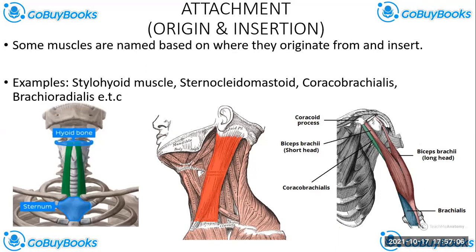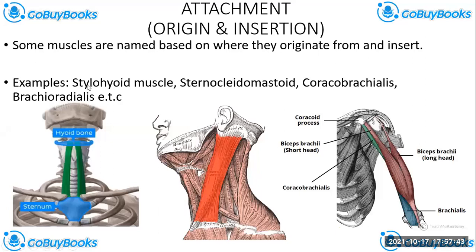Origin, where they start from. So muscles are named based on where they originate from and insert. Let's use examples. Examples will make it more relatable. Now, there's a muscle called the stylohyoid muscle. Yes, there's this little tip that would be useful for you if you are doing anatomy, or you've done anatomy, or you've not started. When you see O, in Latin, they use the letter O to combine 2 different words. Like now you can see stylohyoid.